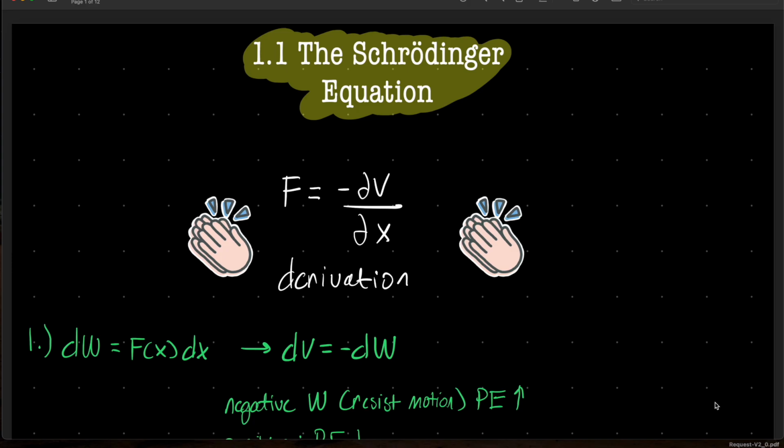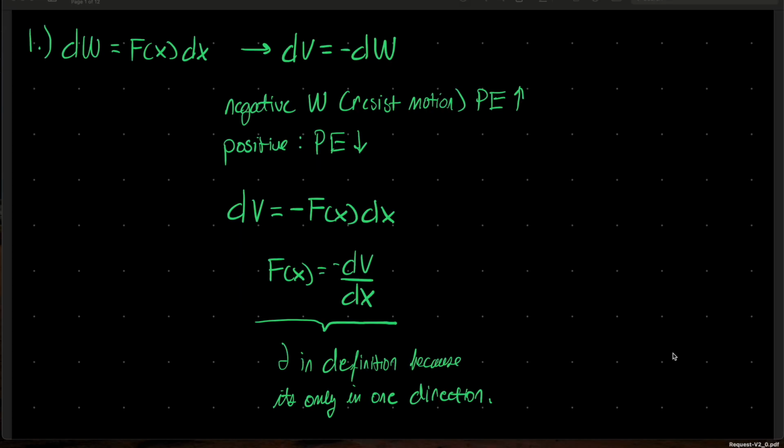But what I thought was interesting is that they define force as the negative del V divided by del x, with V being the potential energy. And I've never seen force expressed like that, so I was interested in its derivation. Starting off here, we have work equals force times its displacement. Now, if we wanted to find an infinitesimal small amount of work done, it would be dW equals the force times dx. And we can reasonably say that dV, which is the potential energy, equals the negative dW.